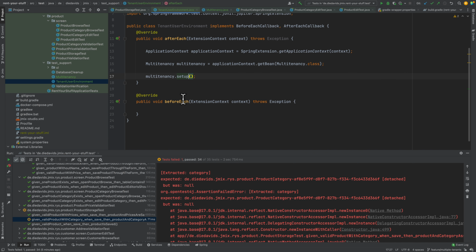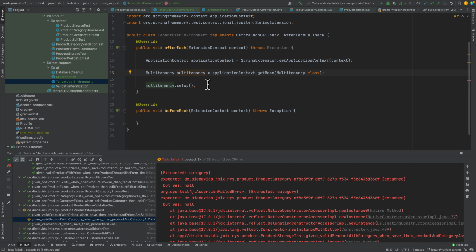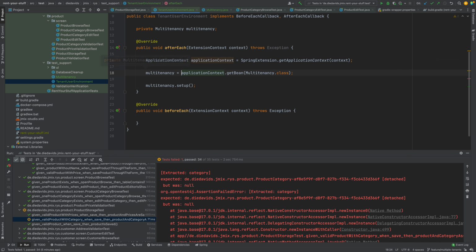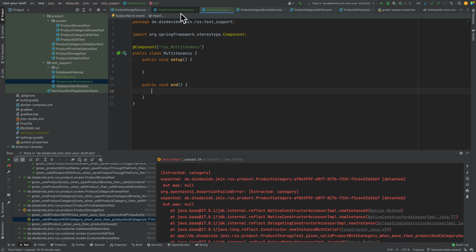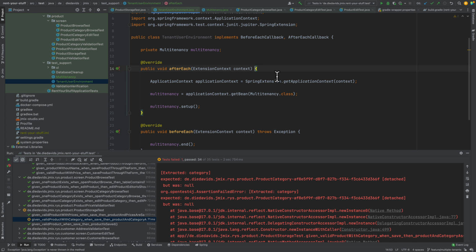So probably it's a good idea to actually store that as a field in this class, so that after the fact we can say multiTenancyEnd, which is basically just removing, I don't know, let's say cleaning up the screens, or perhaps even removing the tenant or something like this. Okay, so for now, this does not really do any logic,